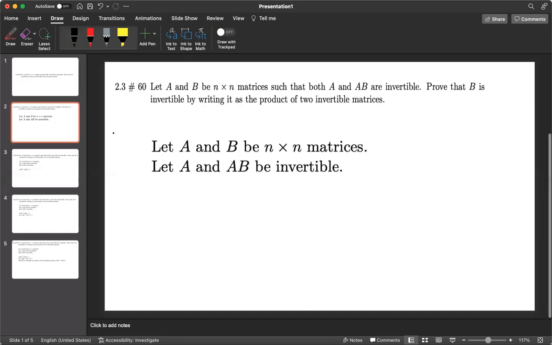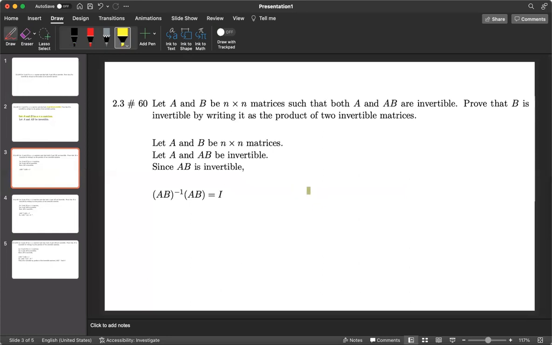Okay, so we start off by saying what we're given. So let A and B be n by n matrices. So A and B are both square matrices. And we know that A and AB are invertible. So that's also given. So we just say that as well. Now,